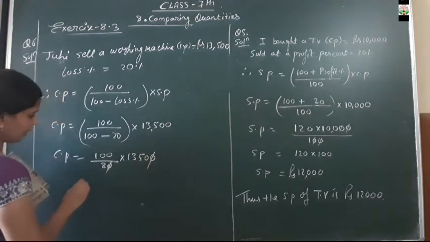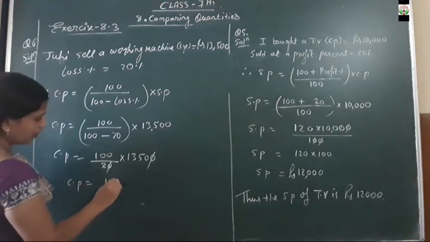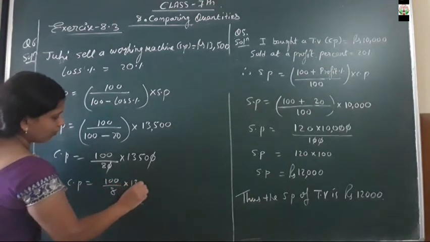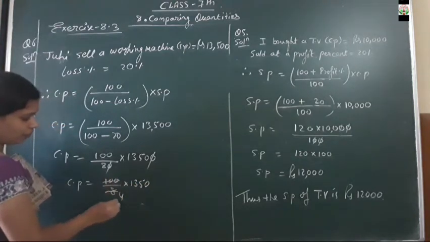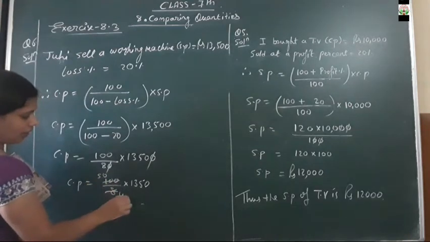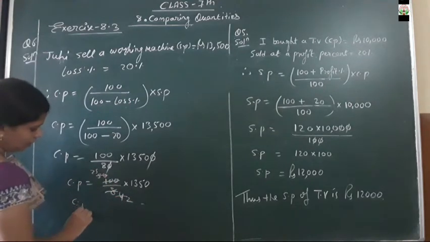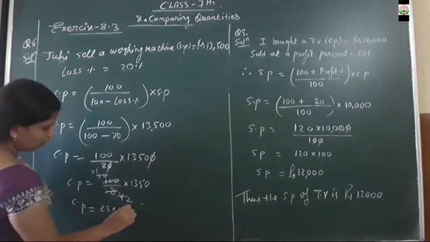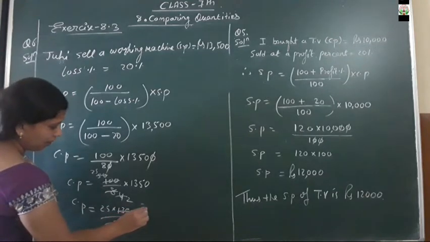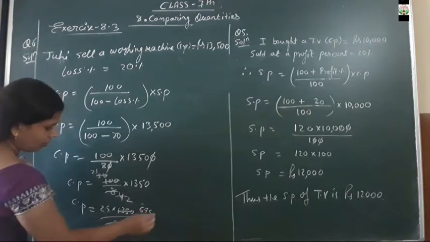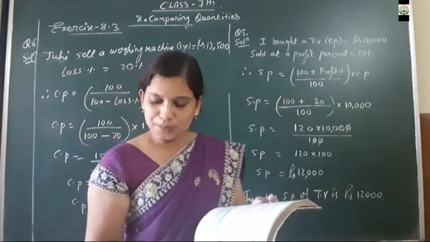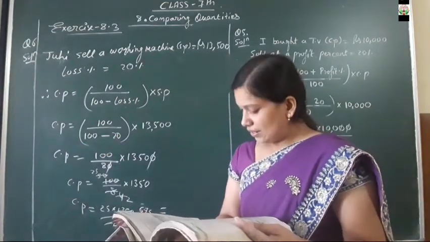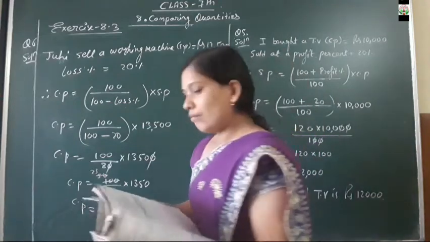So the zeros will get cancelled over here. CP is equal to 100 upon 8 into 1,350 rupees. Now here it will get cancelled by the table of 2: 2 twos are 4, and here 5 twos are 10. Again it will get cancelled, as 25. Now CP is equal to 25 into 1350 upon 2. Again here it will get cancelled: 12 by 6 times, here 15, that means 7 times, so 10, 5 times. Now multiplying that number, the cost price is equal to 25 into the number we are getting, 675.